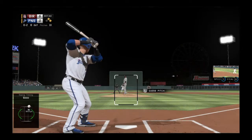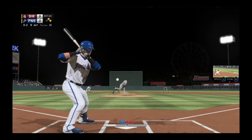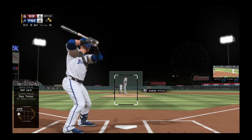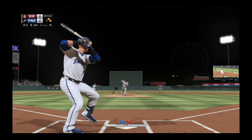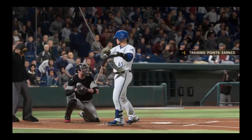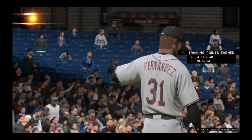And that's exactly how you have to attack a guy like this. He wasn't even close on that pitch. Did a good job to shorten up and protect the plate, and he'll have another shot at it here. And a changeup swung on and missed for the first out. And that changeup's not really a...